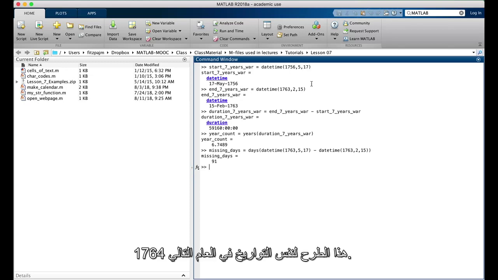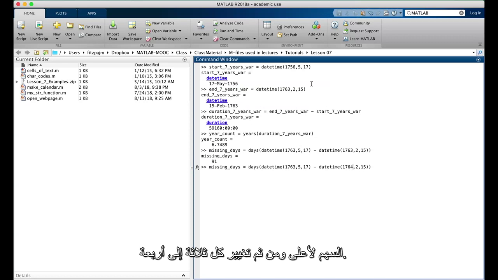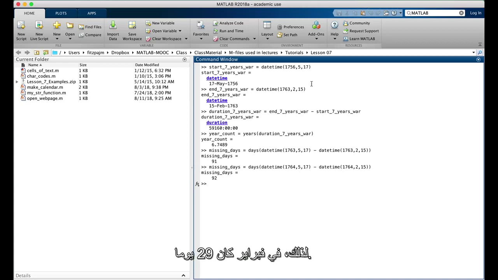Hey, let's repeat this subtraction for the same dates in the following year, 1764. I'm going to copy this previous command from the history with the up arrow, and then change each 3 to a 4. There's an extra day. By now you probably know why. 1764 was a leap year, so its February had 29 days. So both of these subtractions gave us the number of elapsed days, and each number is in the neighborhood of